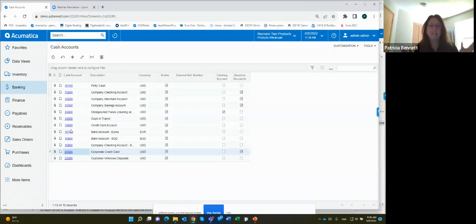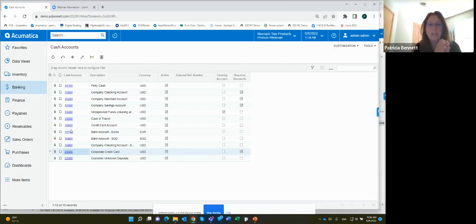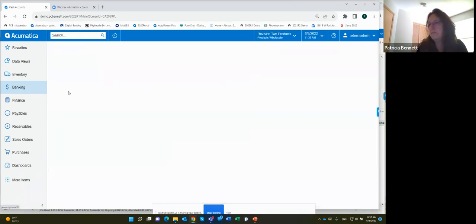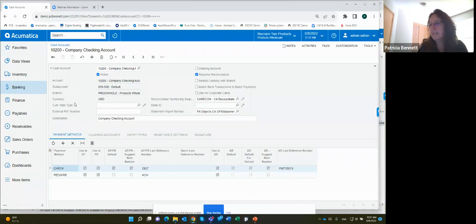So if you get 10 checks from 10 different customers, but you're going to deposit all 10 checks into one deposit into the bank, you want to be able to enter those 10 checks and apply them to each customer, but you want to make one deposit into the bank. And the way we do that is that we have this clearing account,